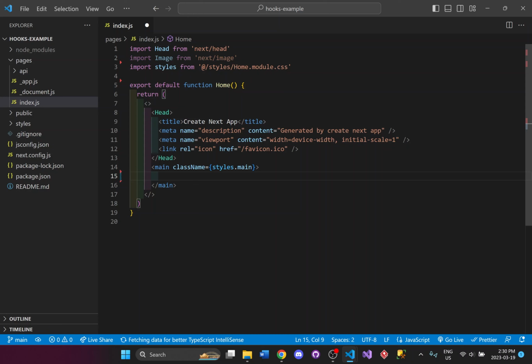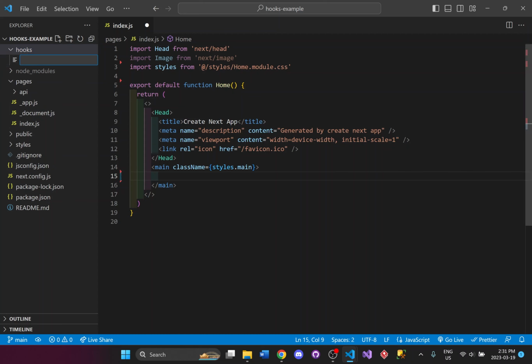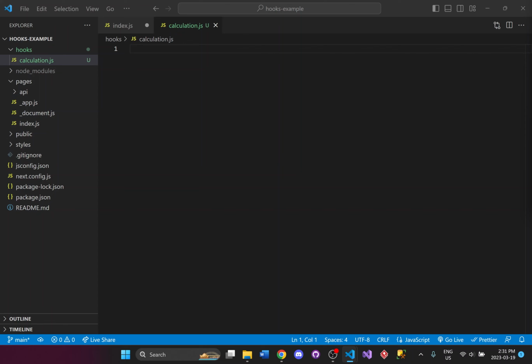And the next thing we want to do is create a hooks folder. So at the root, I'll just say new folder, and I'll just call it hooks. And inside here, I'll just make a new file and I'll call it calculation.js. And inside this calculation JavaScript file, I'm going to set up this counter. We're just going to add a basic example where we add or minus numbers based on the button that we click. But all of the logic will now be stored in this hooks folder,